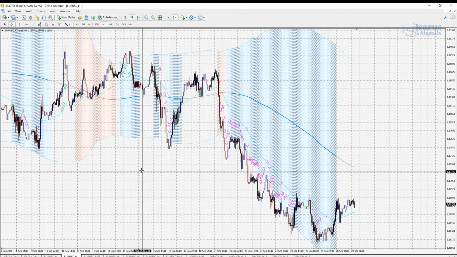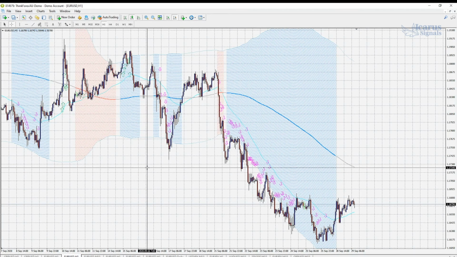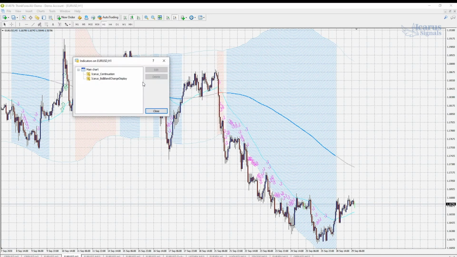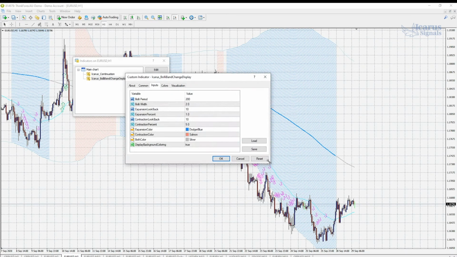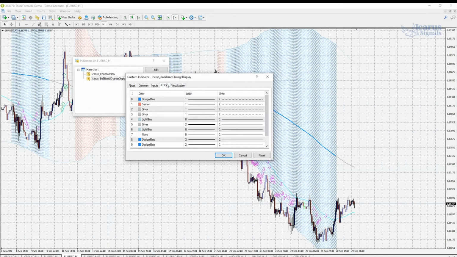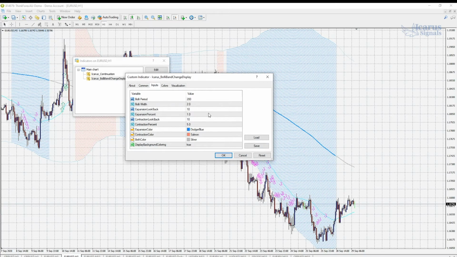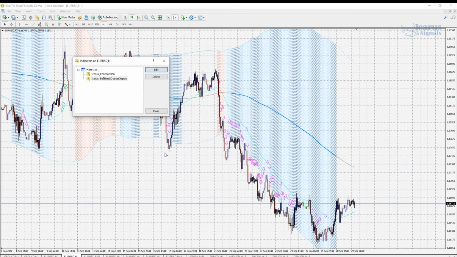We've gone back to the continuation indicators appearing on the BolliBand Change Display. Again, all of the inputs and parameters within all of the Icarus signals indicators are fully optimizable. So you can really build those to best suit your particular trading style, how you prefer your charts to appear, and the way that you want to build your strategies. So again, our colors are all modifiable as we went through earlier. And we think that you'll find the application of this BolliBand Change Display, as opposed to a standard Bollinger Band, is going to give users a much better visual indication of when the bands are expanding or